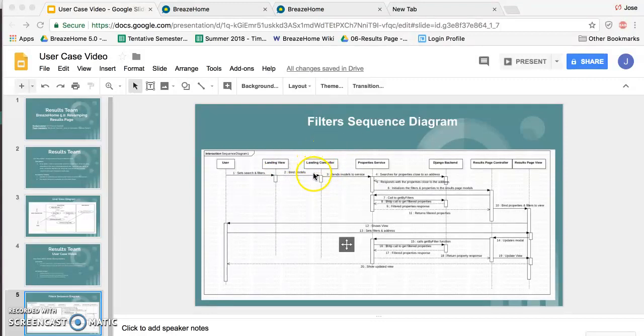The landing control is gonna send the models to a service, which is the property service. This property service is the one that takes care of mostly all the logic for the properties, such as taking location of the properties, and getting by, in this case, filtering the address and the properties. It searches for properties close to an address, and it sends to Django. Django responds with those properties, and the property service then goes ahead and tries to initialize the filters and the properties in the results page